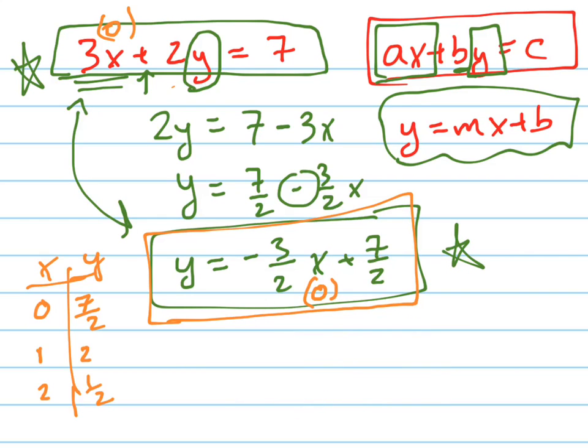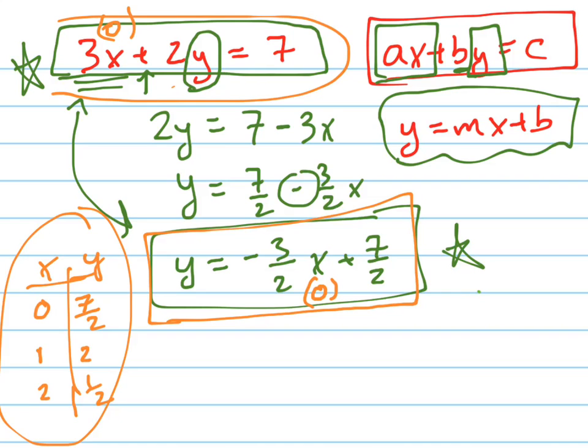The 2 different ways I would graph this, to be honest with you, I wouldn't even use these points. I wouldn't even plot any points. I would plot exactly 2 points. If I was given the equation in this form, 3x plus 2y equals 7, let me do it on a new page, 3x plus 2y equals 7, I would suggest finding the 2 best points you can find, which are the x-intercept